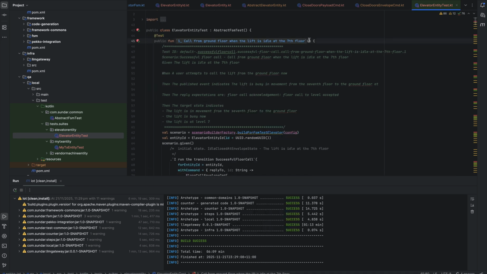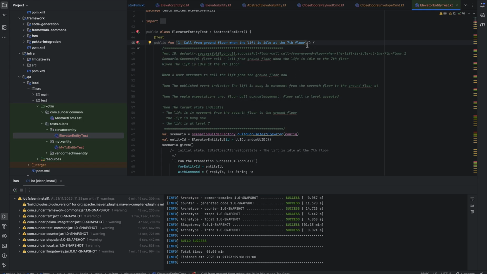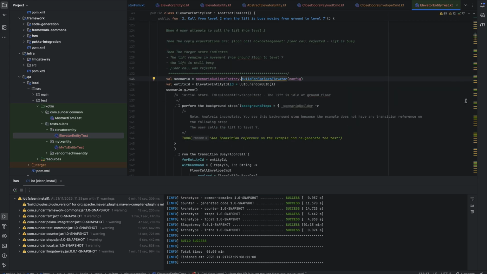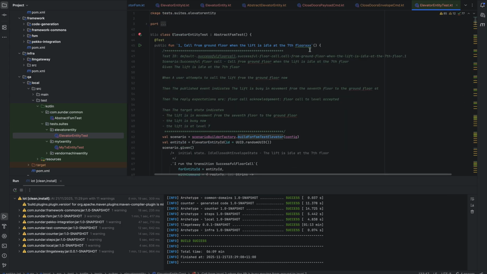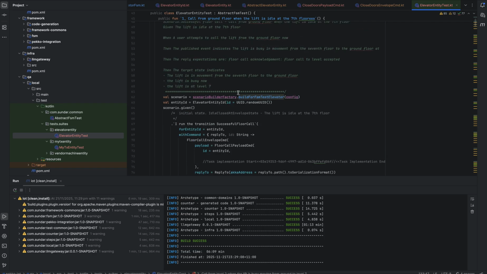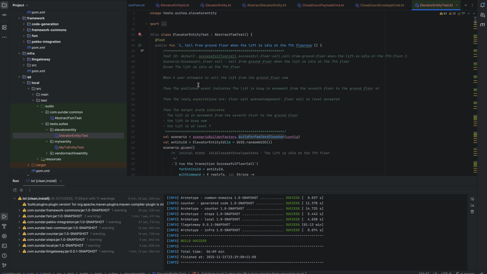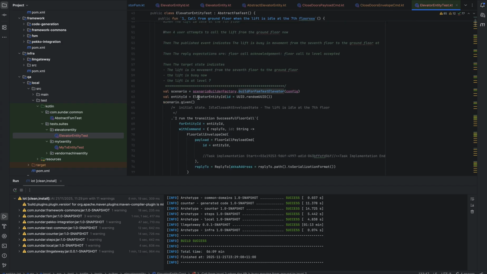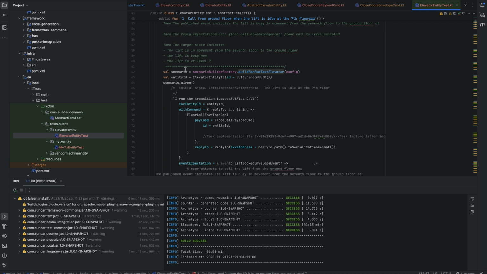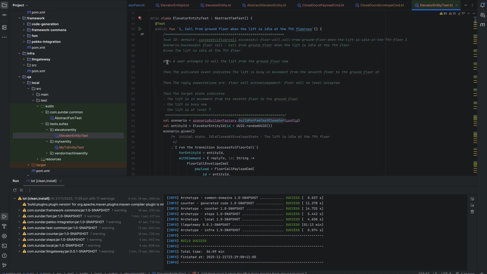There is one error here. It's because I remember. Yeah, it was because of the way it was declared for some reason. It's sort of a bug, like there was a duplicated method name. Anyway, you can tell here that this is the scenario builder, and this is the representation of when a user